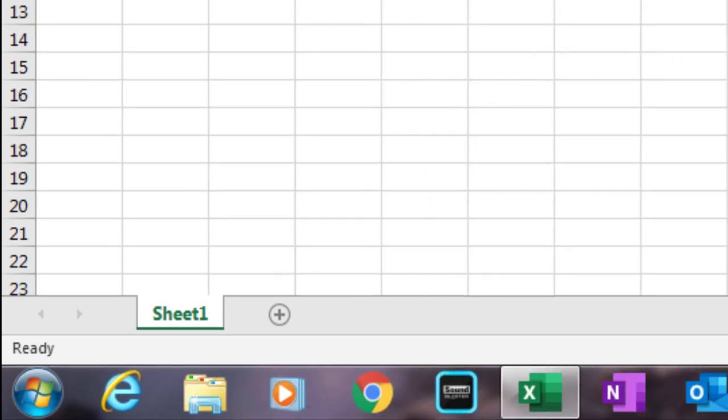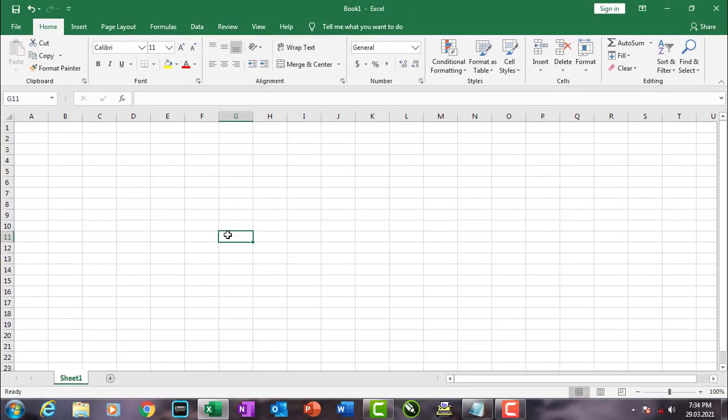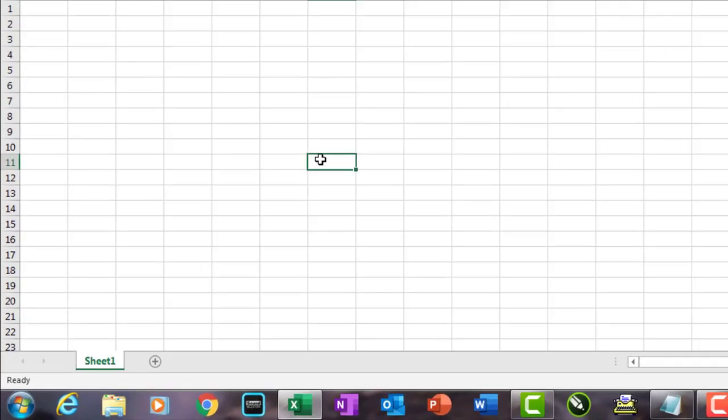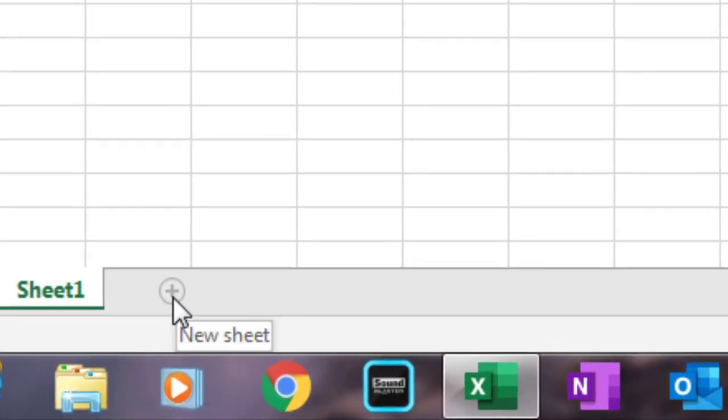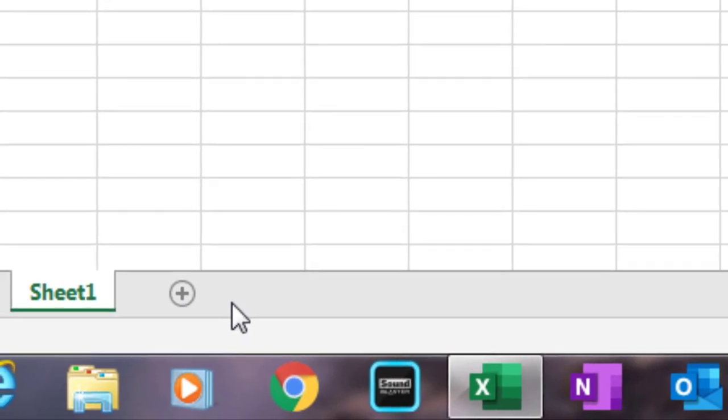After opening Microsoft Office Excel, here I am using Microsoft Office Excel's 2016 version. I will get by default a single sheet, that is Sheet 1. We can add more sheets in different ways. To add more sheets, the first method is click on the plus button displayed at the right side of your